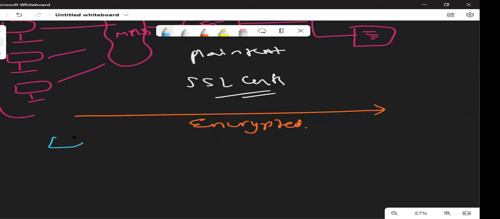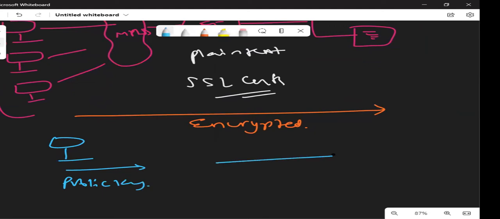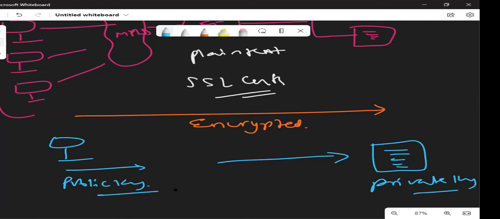And it is encrypted such that your end device takes the request using the public key. And when this request lands upon the end server or maybe F5 anywhere, it should have that private key. These two are like the locks of each other. They can lock and unlock each other's requests.